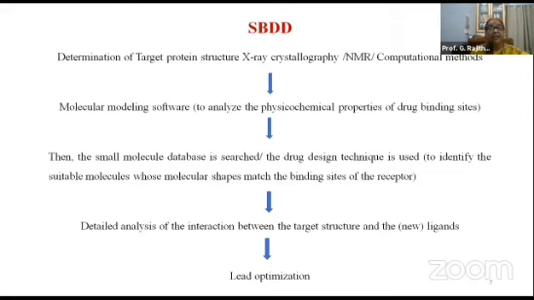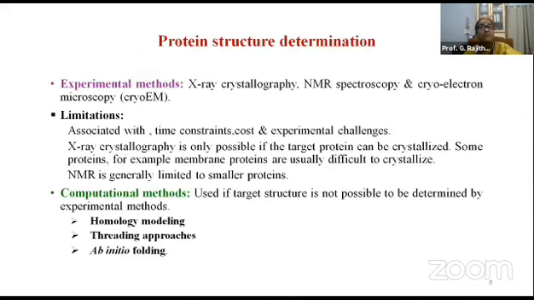After the determination of the 3D structure and analyzing the properties, we store the drugs in a database, and from that suitable molecules will be searched and bound with the target structure, and the interaction is analyzed. Then finally comes lead optimization. But anyway, X-ray crystallography is there, proton NMR spectroscopy is there,